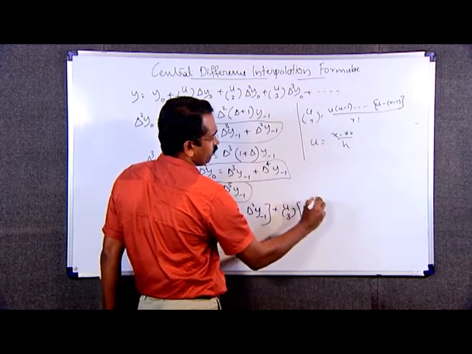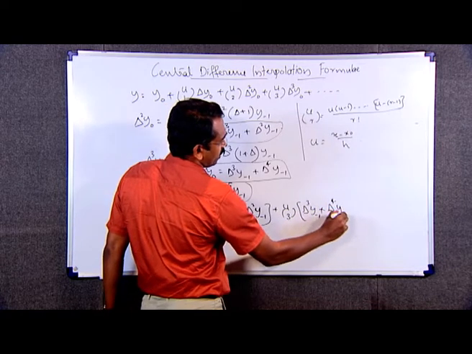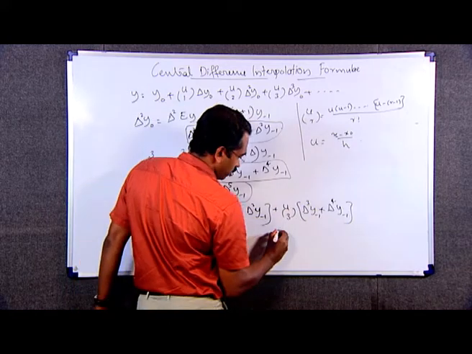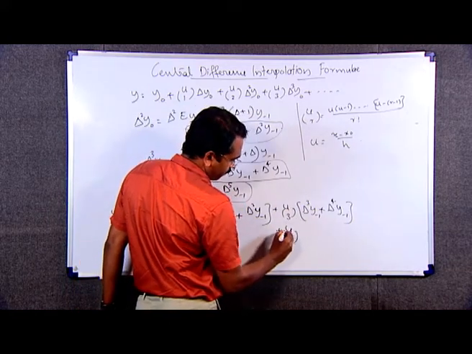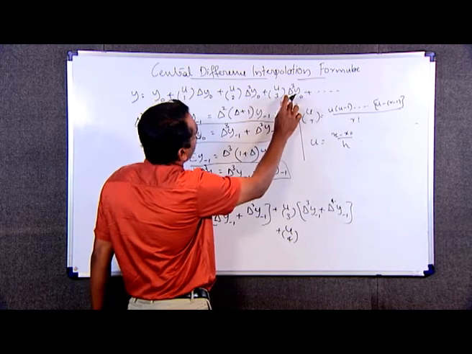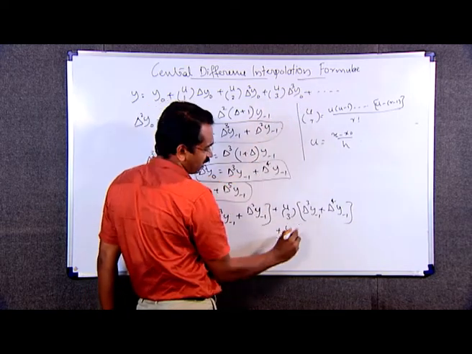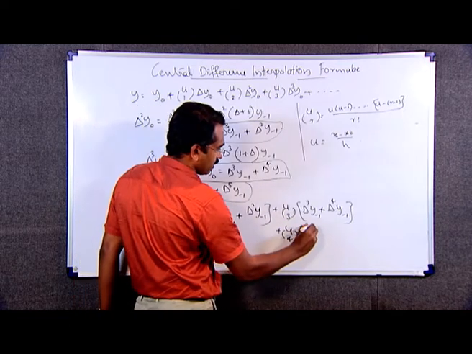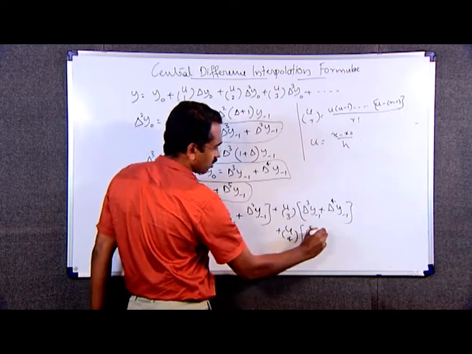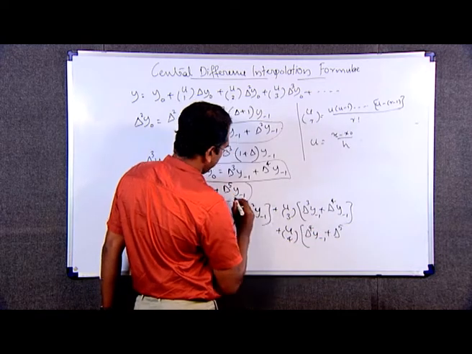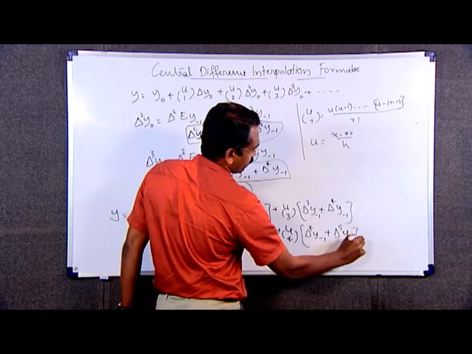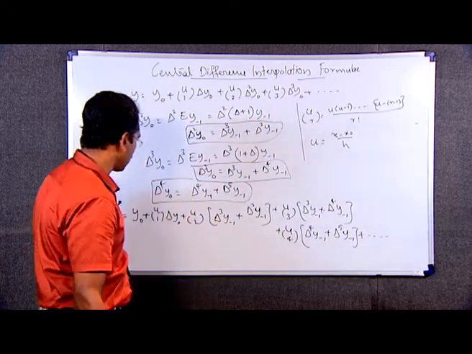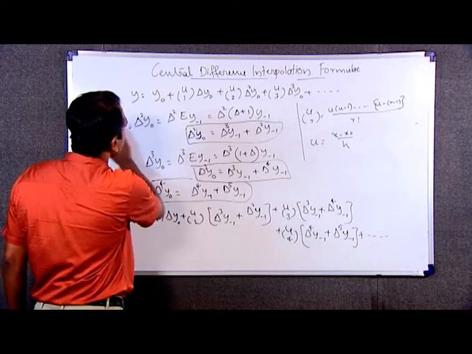plus delta raised to 4 y minus 1 plus uC4 into next term is delta raised to 4 y naught. We can write delta raised to 4 y naught as delta raised to 4 y minus 1 plus delta raised to 5 y minus 1 plus etc., which is equal to, this can be written as